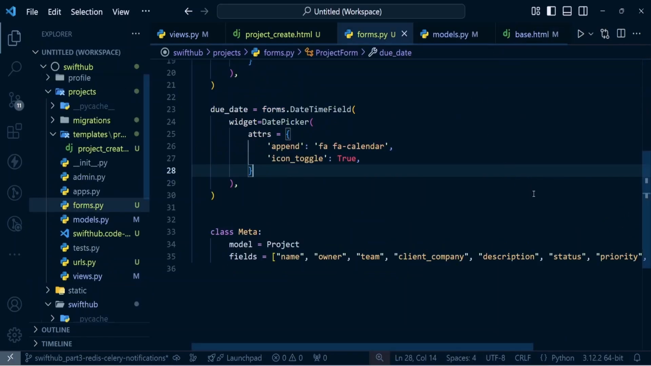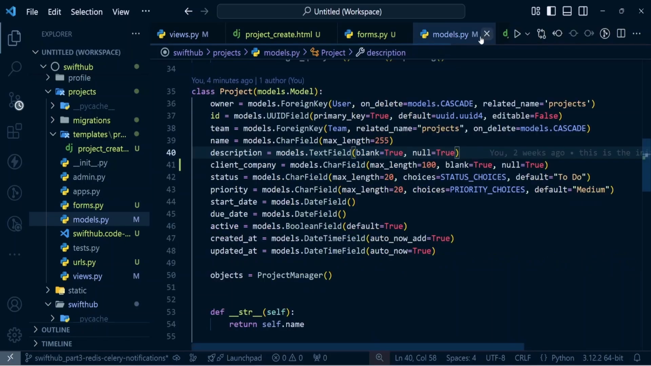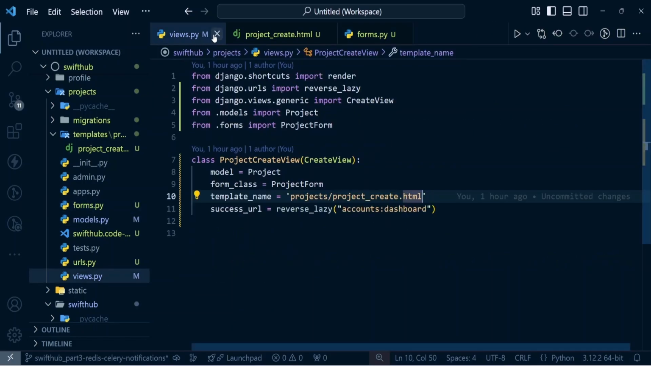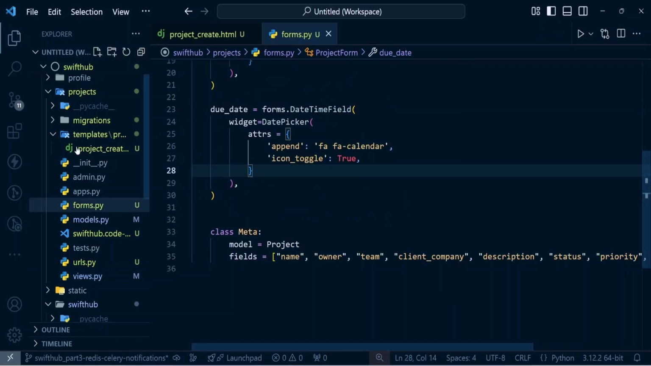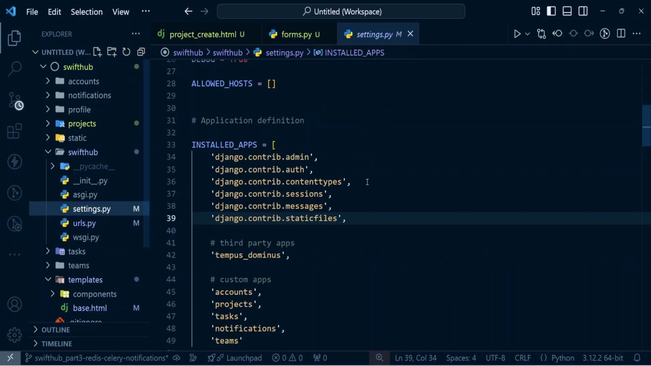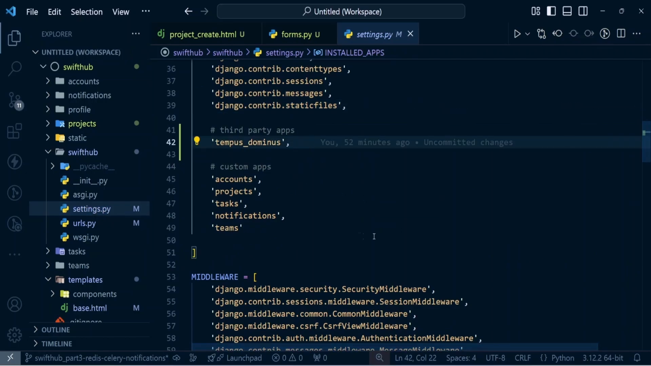Okay, so now I can just close it, and now we have to go on to, let me close the model like this. We don't need it. The base, we also don't need it. The view, actually we're not going to need the view as of this point. So now I could come into the swifthub, come into the settings, and now we need to add crispy forms to our